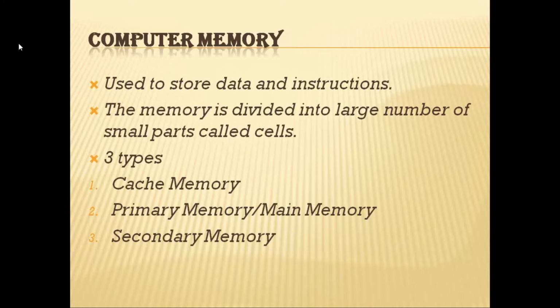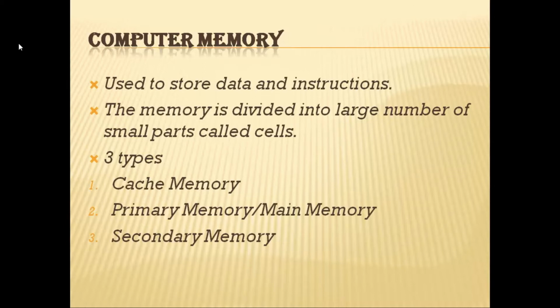processing are stored. The memory is divided into a large number of parts which are called cells, and each cell or location has its own unique address, and by using that unique address we fetch that information whenever we need it, and whenever there is a change we save it. Like that, for all the functionalities we use that unique address, and the address varies from 0 to the memory size -1. That is, since it starts from 0, the end will be memory size